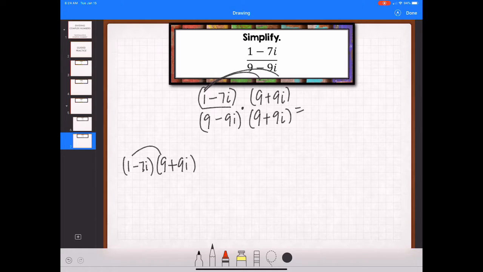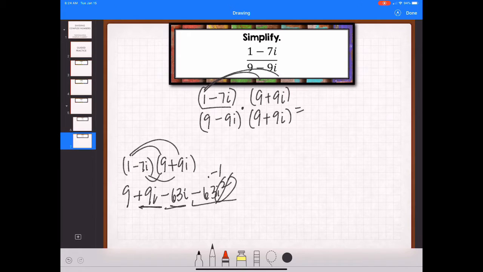So when I multiply here, I get 9. Here, I get plus 9i. Underneath is negative 63i, and underneath is negative 63i squared. This does not cancel in the middle, notice, so be careful with that. i squared still becomes negative 1. So this is really plus 63. So when I combine it, I'm combining my reals right here. So 9 plus 63, that's going to give me 72. And then 9 minus 63, negative 54,